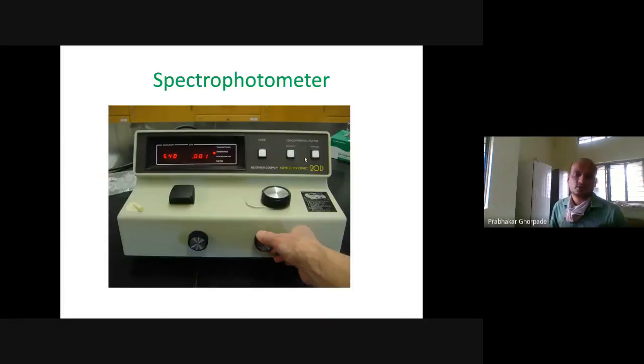This is the spectrophotometer equipment we should have in our lab. We have colorimetry equipment and spectrophotometer equipment also in our lab. This is a cuvette, and light passes through that cuvette. We have to open this black lid, put our cuvette inside the cuvette holder, and then close the lid. Closing the lid is important because light coming from environmental sources should not interfere with the reading. It should not affect the optical density reading.